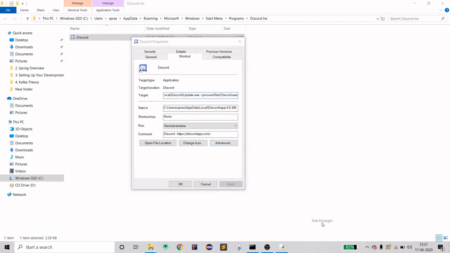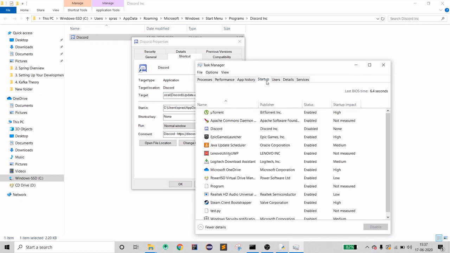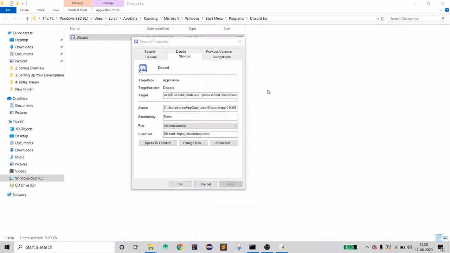When you go to your task manager and go to startup, you can see that Discord is there, which is disabled right now, and I did that, but it runs automatically whenever you restart or start your system. So this is a process which gets run automatically, and that's how you don't have to specifically open the Discord application. It's always open. When you see here, it's open right now.